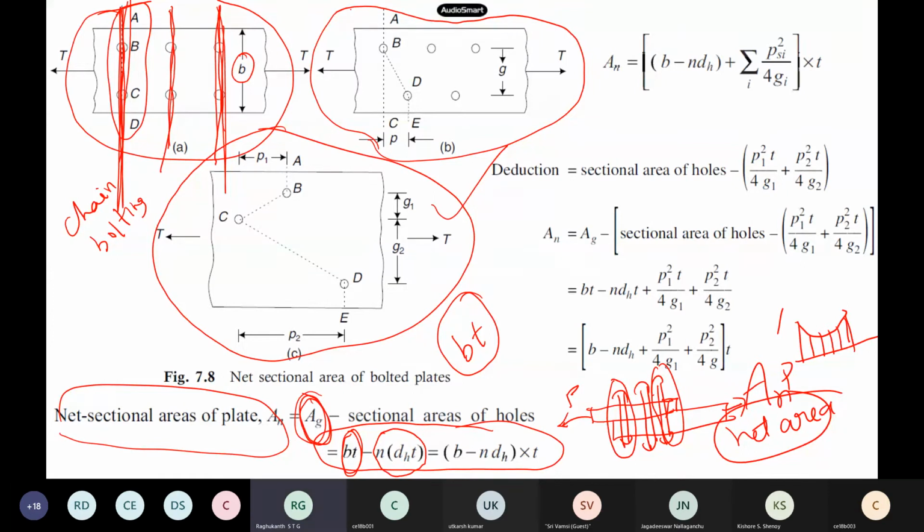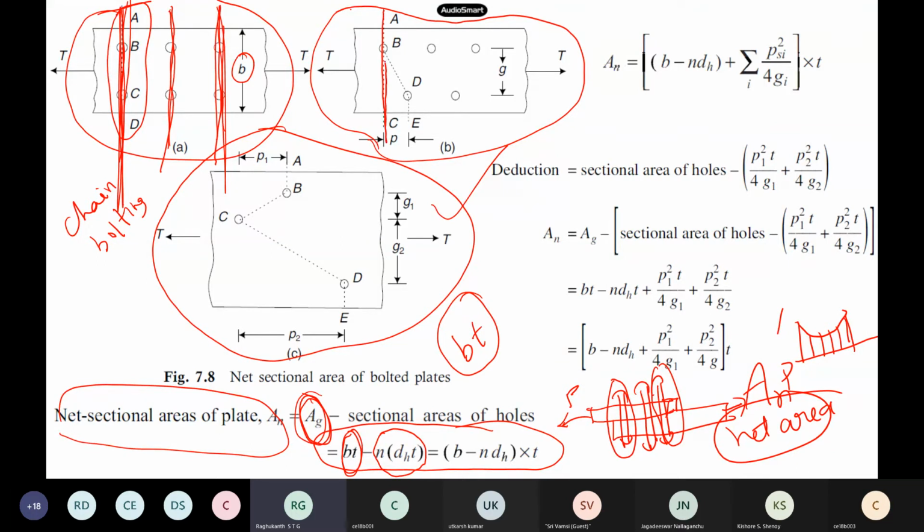So it can fail, you have seen, right? In some cases it was inclined, in some cases it was horizontal, in some cases we had an arch kind of a thing. So you have a variety of failure patterns. So when you are having a staggered bolting, the problem is that this plate can fail like this.